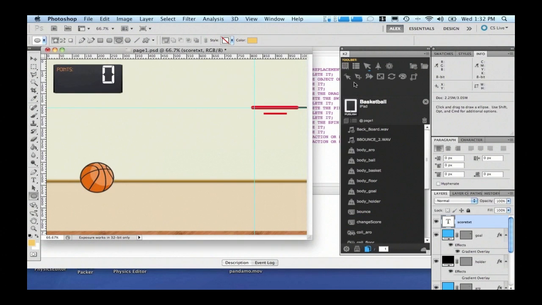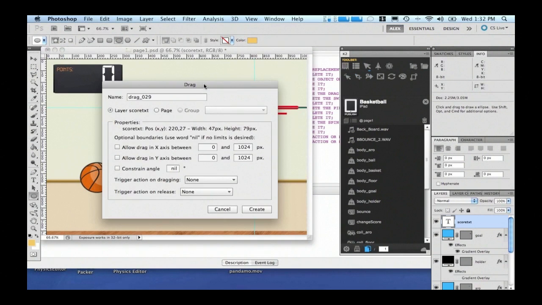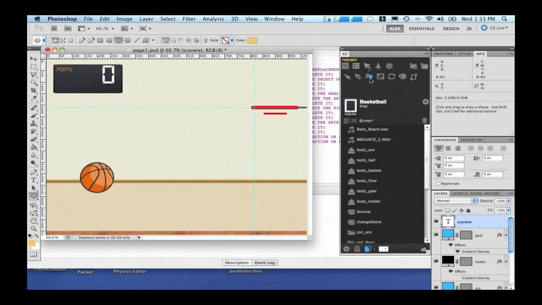But much more than buttons, you have drag objects, and there's news on drag also. Now you have much more control of your drag. You can set boundaries for the drag, both on the X or Y axes, or you can even set constraints for the angle. Just move vertically at 90 degrees or 180 just horizontally. And now you also have actions while you are dragging or when you release. So again, new concepts here. But you also have a much improved swipe.